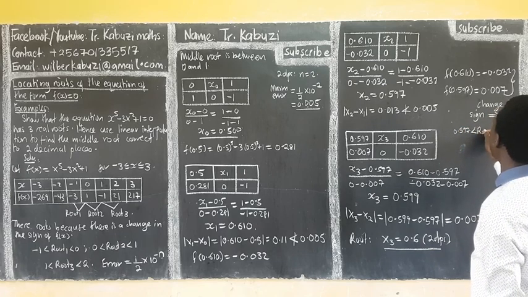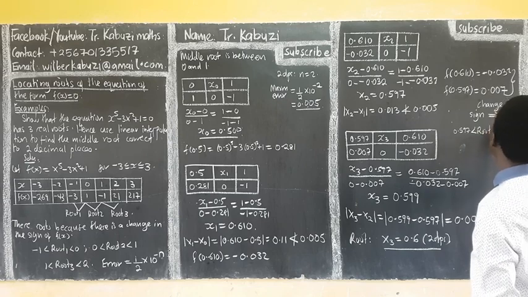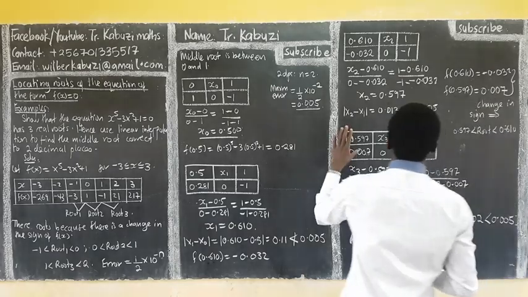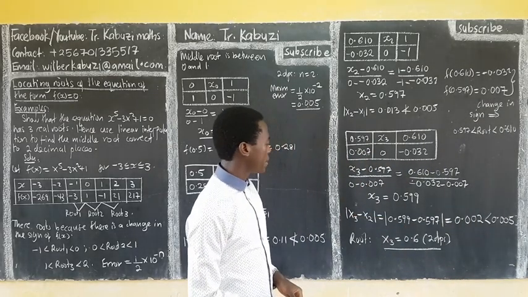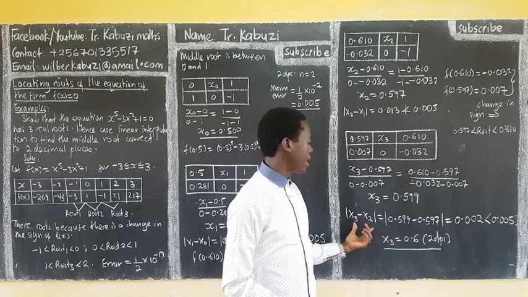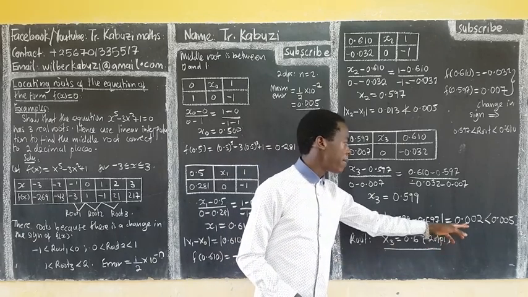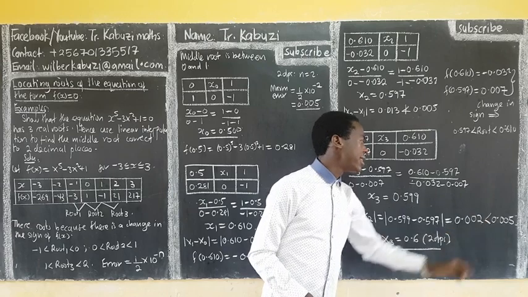Our root is going to be in there. When I put it there, when I get my x3, this is the value I get. When I get my tolerance, it's going to be 0.002, which is less than